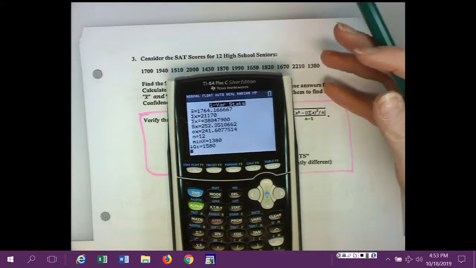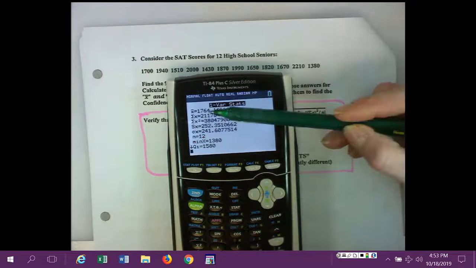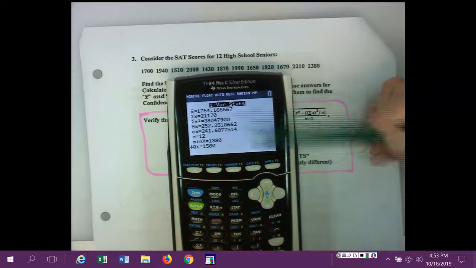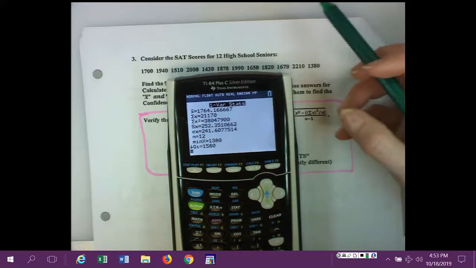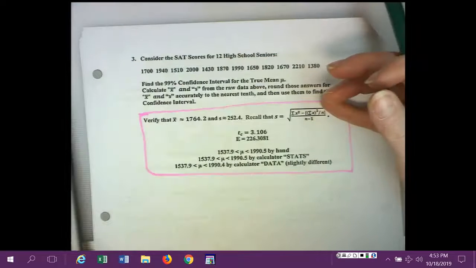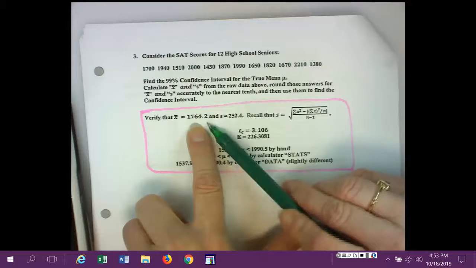Now we should have the results we're looking for. X bar is 1764.16 repeating, and S is 252.35, 10662. That is what I did ask for you to do to verify